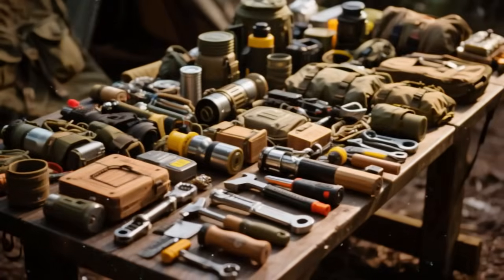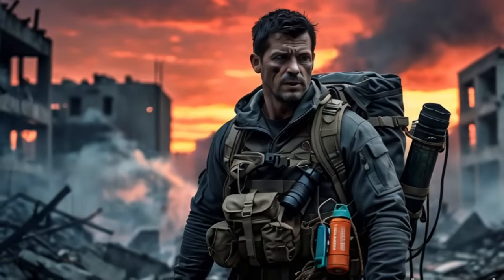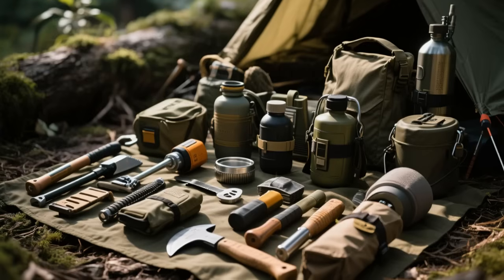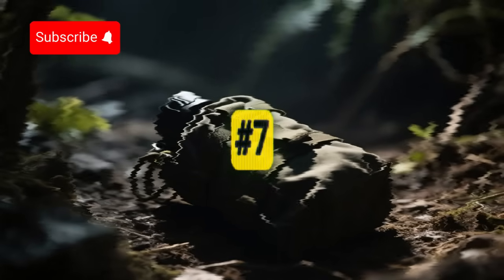You might think prepping is all about stockpiling tons of gear, right? Well, here's a twist. Having too much gear can actually slow you down when seconds count. Real preppers know it's about choosing the right survival pieces, not just hoarding random stuff. But what if I told you that number 7 on this list isn't just essential, it's literally a lifesaver that